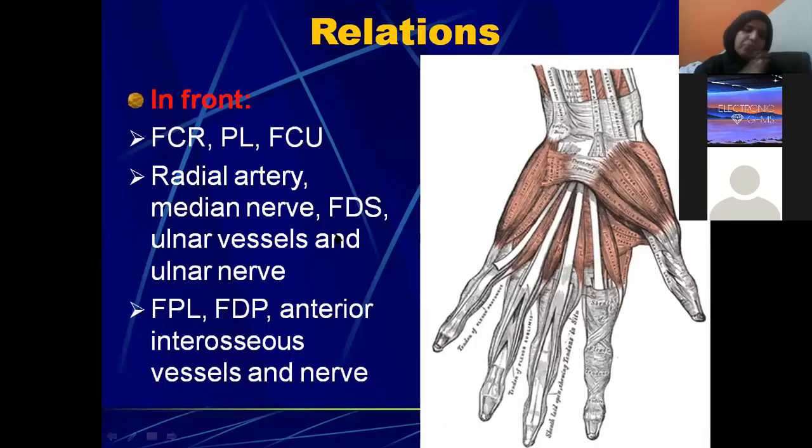Now, if you remember the flexor group of muscles, whatever we find in front are all anterior relations. So what do we have? Flexor carpi radialis, palmaris longus, flexor carpi ulnaris. Not only that, you can write so many: flexor digitorum superficialis, flexor digitorum profundus, flexor pollicis longus, all these are moving in front only. Not only that, we saw radial artery, ulnar artery, radial nerve, median nerve, ulnar nerve, so many we saw over here. So they all form the anterior relations. You just try to recollect what we have studied till now.